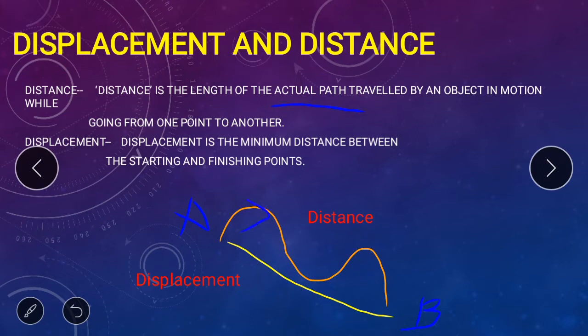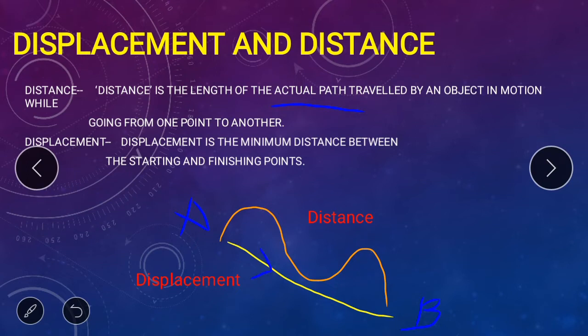So the person travels from here, he will travel from here, he will travel from here. So what do you see over here? That the person is going in a zigzag manner, right? So this exactly is called distance. In other words, if I want to tell you, distance we can call the long cut and displacement we can call the short cut. As you can see, if you go by distance, what are you observing over here? That the person who travels from A to B will take a lot of time.